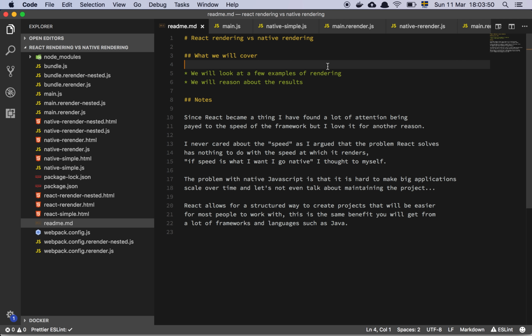Okay guys, so in this video we are going to talk a little bit about rendering in React and just rendering things with vanilla JavaScript. So let's get into it. Now, the things that we're going to cover here is that we will simply look at a few examples of